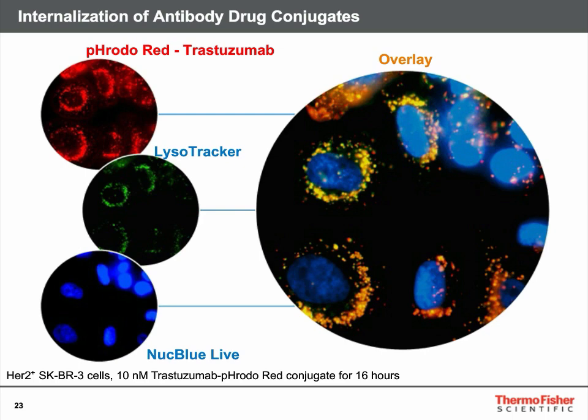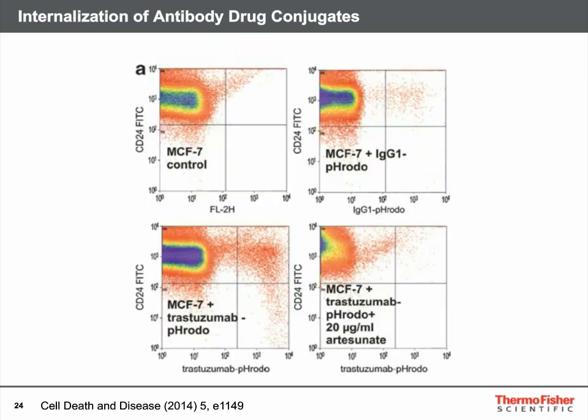Because this is a very bright fluorogenic signal, we can perform this experiment using flow cytometry also. And so in this example, 4 different breast cancer treatments were performed. 2 negative controls on the top, where we would expect not to see internalization of our target antibody. And then on the bottom left, where our HER2 expressing